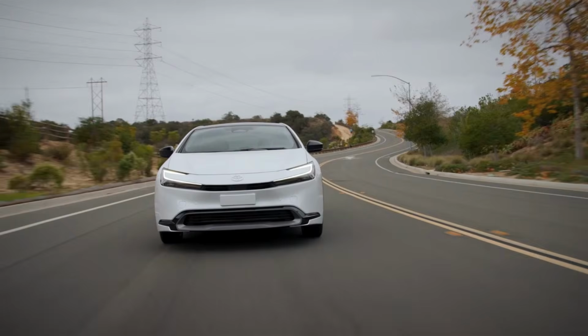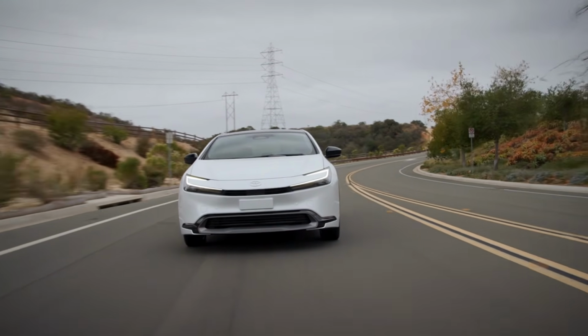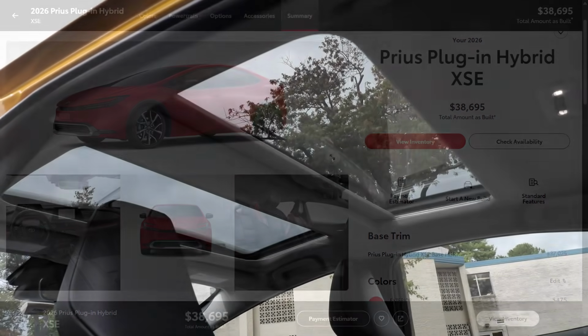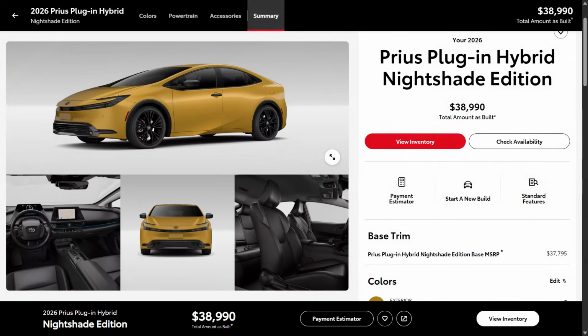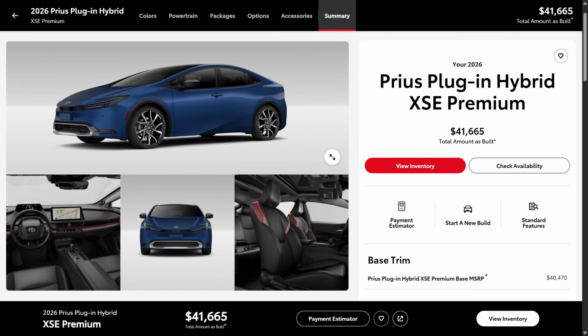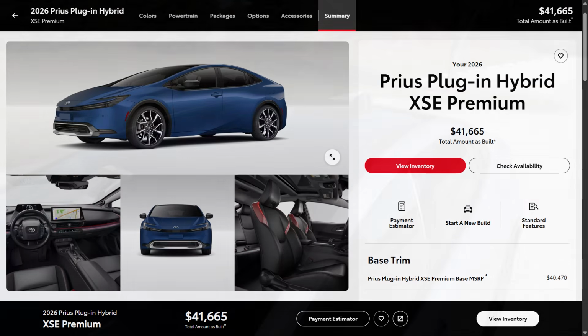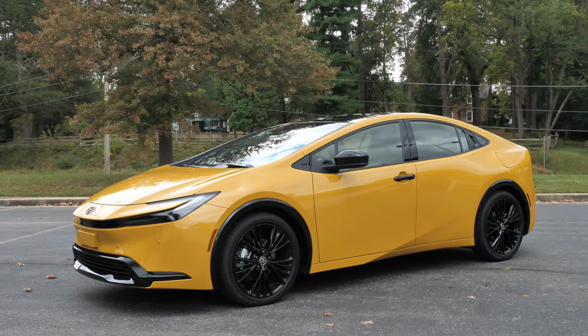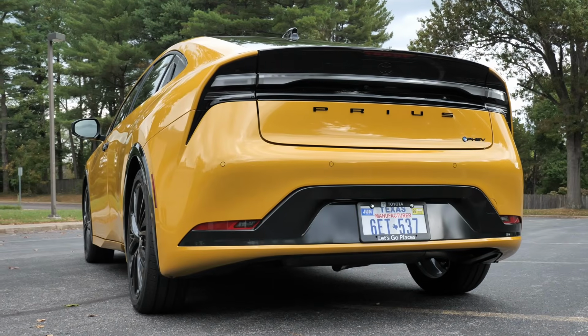Oh, also, this car is still built in Toyota's Aichi, Japan plant, so it's a good car. The only substantial option that this car has besides the color is the optional fixed glass roof for $1,000. You could either choose this or the solar roof, which I'm not too crazy about. I had a Prius Prime about 2 years ago with that solar roof and it didn't really charge it that much, but I don't know. That all brings the MSRP of this thing, as you see it right next to me, to